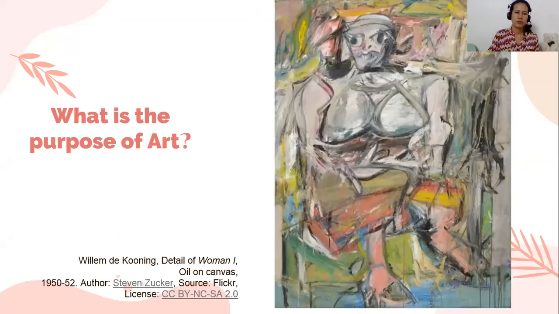Anyway, let's continue. This is another example, by Willem de Kooning, Detail of a Woman. If you see this kind of painting, will you appreciate it? It's just a combination of different hues or colors that look light, grayish, with light pink and light yellow, and it looks like a woman but it is abstract, where some parts of her body are exaggerated, like her breast, which is quite big and protruding.